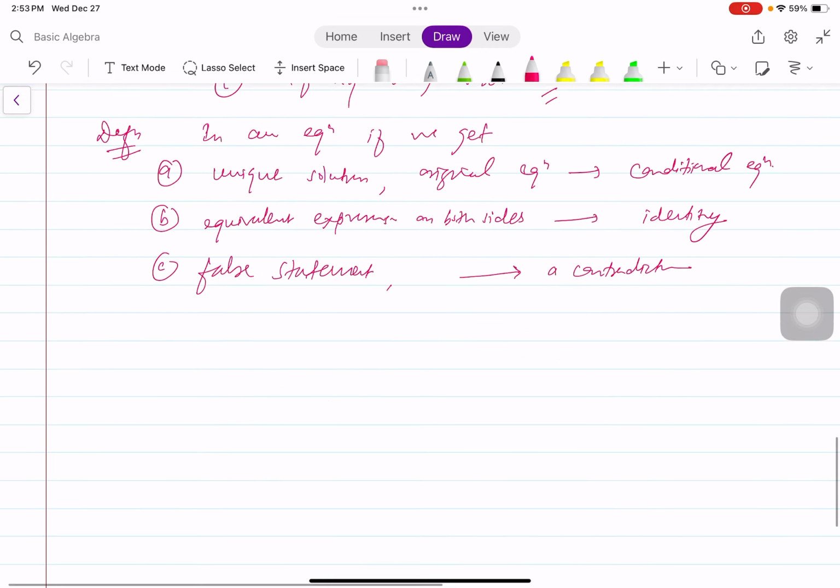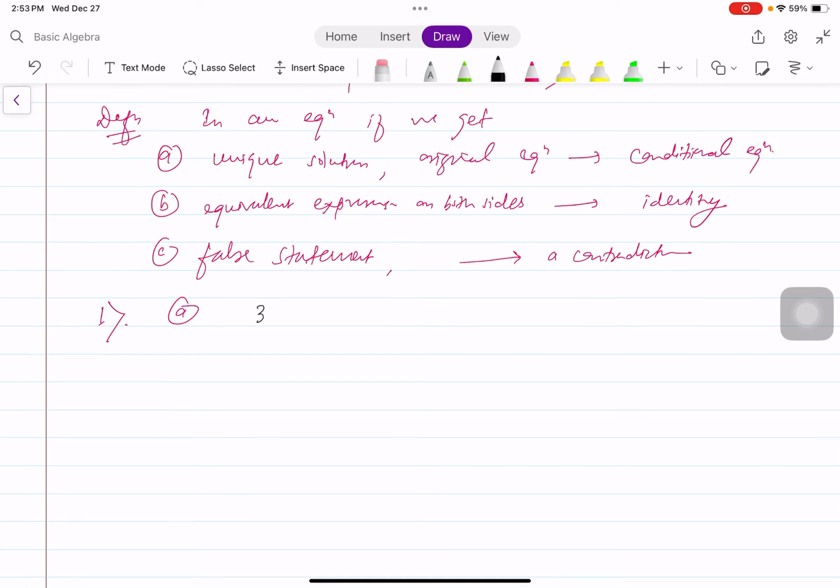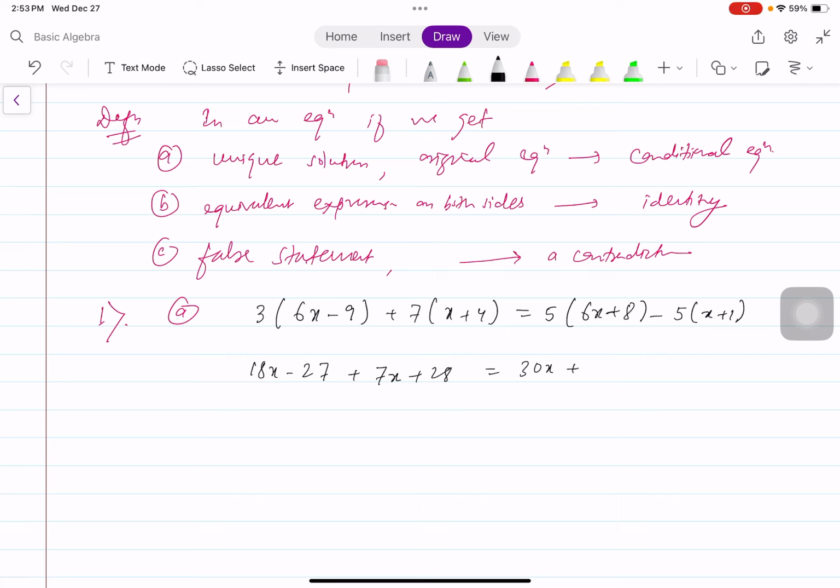Let's solve a few things. Problem 1. Say, for example, 3 times (6x minus 9) plus 7 times (x plus 4) equals 5 times (6x plus 8) minus 5 times (x plus 1). Now if we simplify both sides, we get 18x minus 27 plus, just distribute, 28 equals 30x plus 40 minus 5x minus 5. And when you add like terms, this is 25x plus 1,